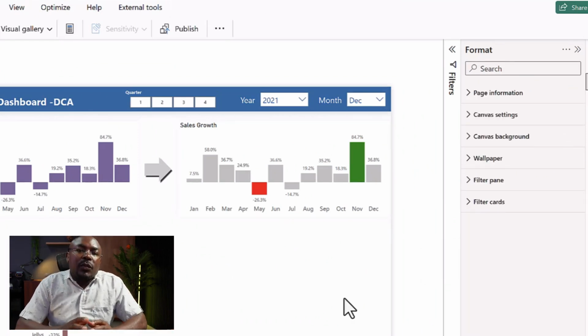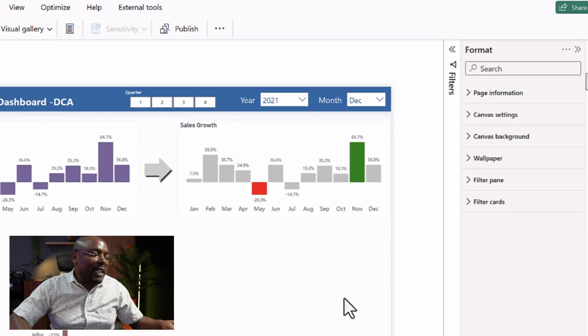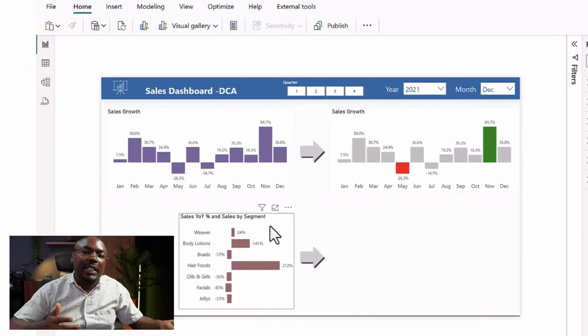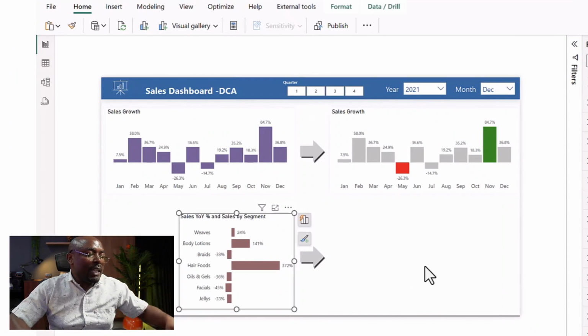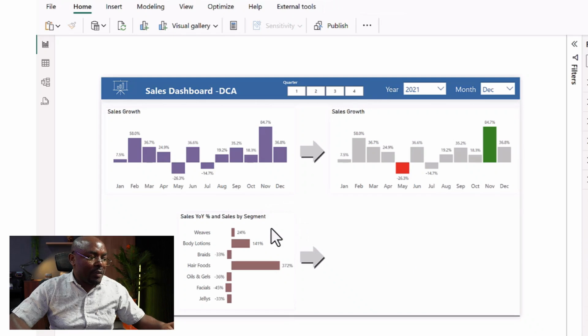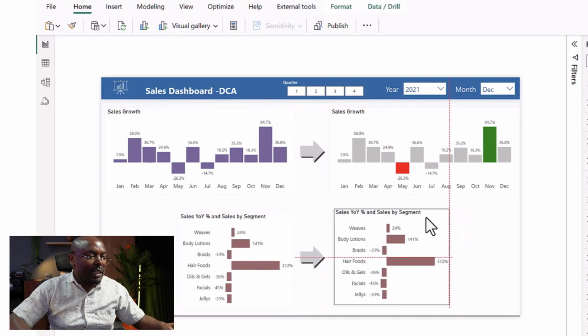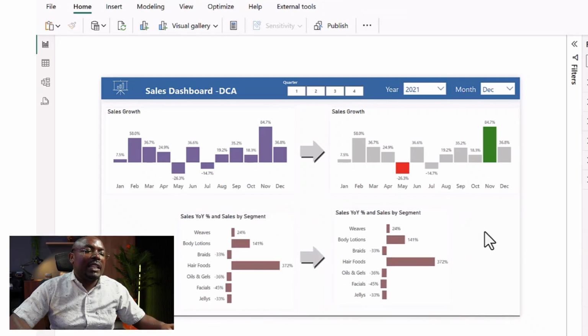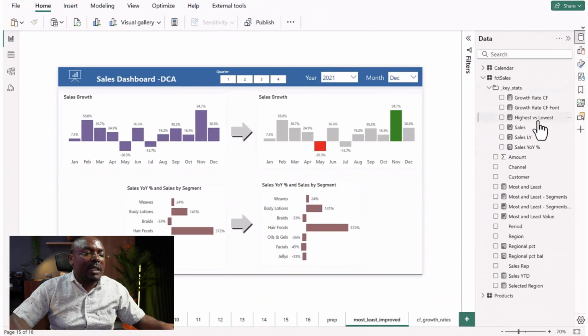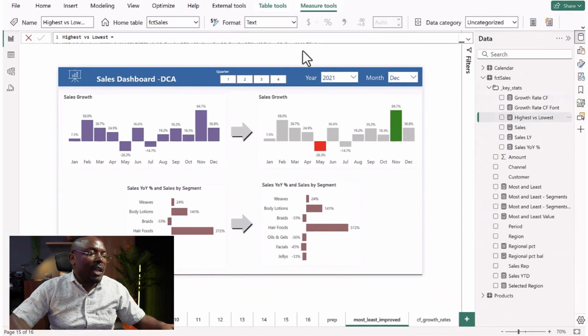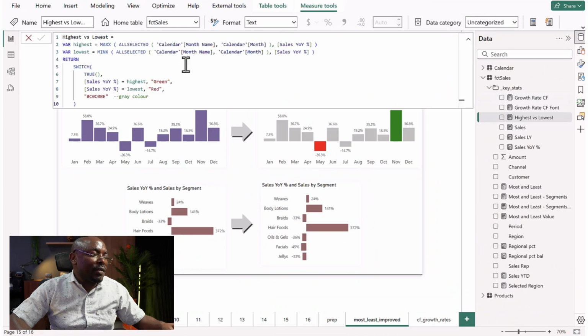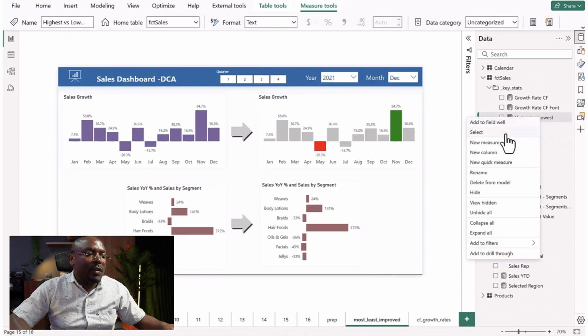In a similar manner, we can go ahead and color code products that have the highest improvement or the ones that had the least improvement compared to a previous period. So I'll go ahead and duplicate this chart, Control-C, Control-V, and move it to the right side here. Similarly, like before, we'll create a measure for it. I will not be repeating the measure, as it will be the same logic. So I'll copy this measure, right click and do a new measure,